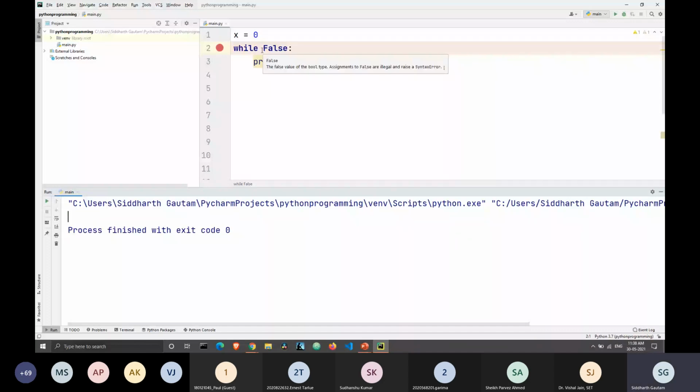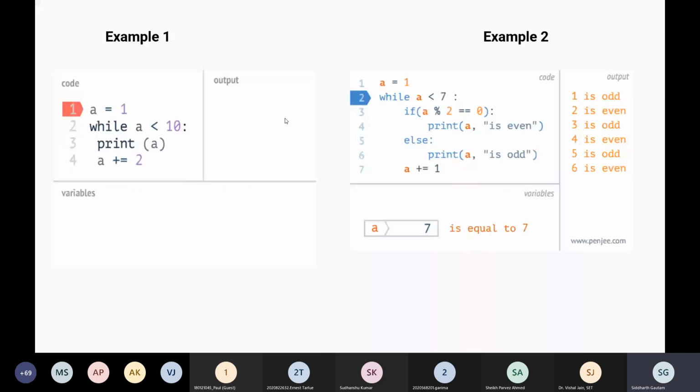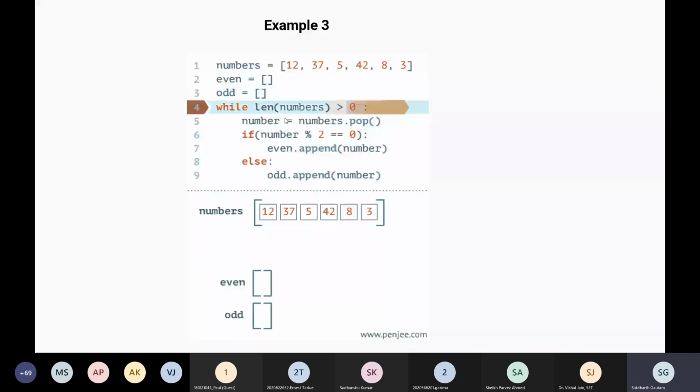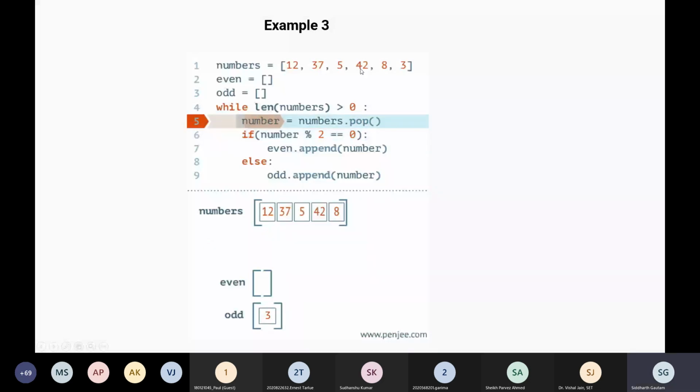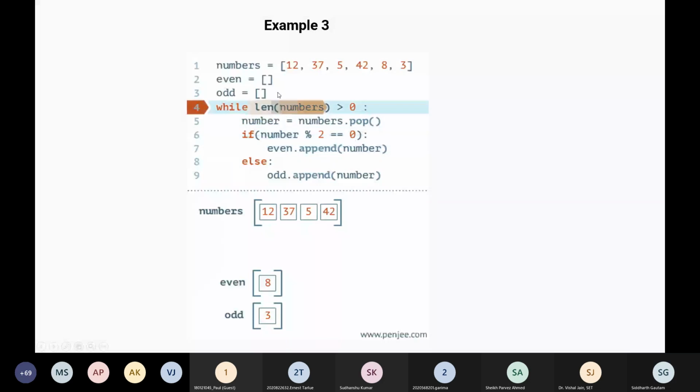Now let's get back to our presentation and see some more theory. We were here, and you all should be able to do this. First let's take a look at what this example exactly says. We have a list of 6 numbers, and we have 2 empty lists, odd and even.